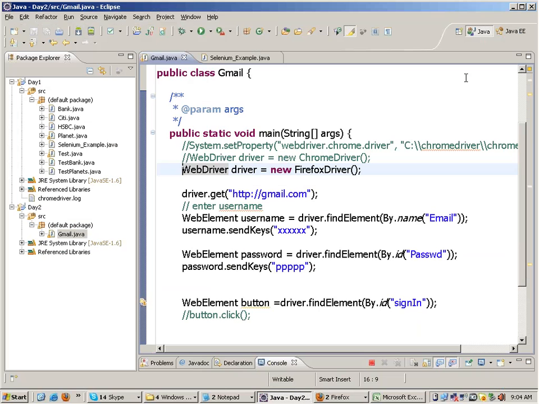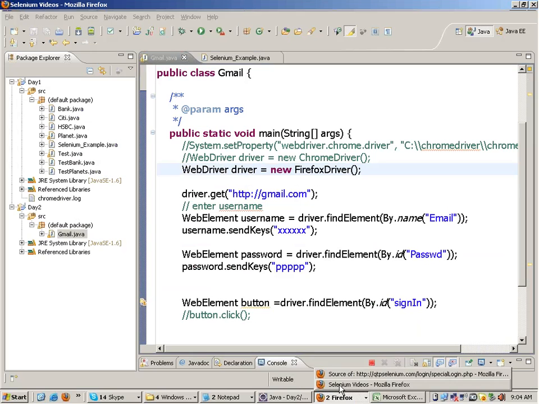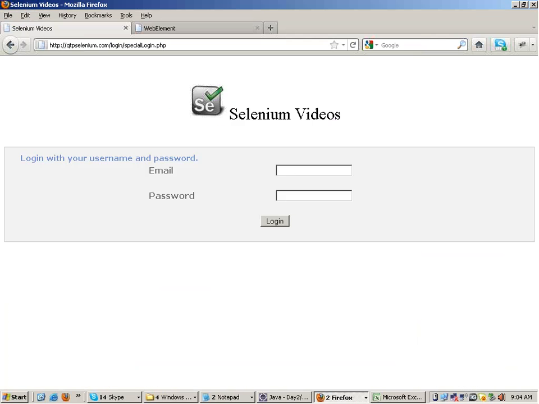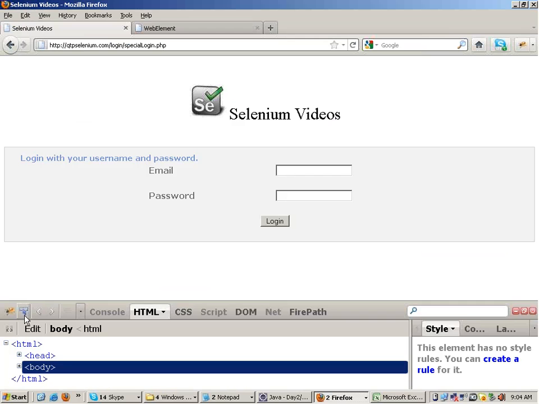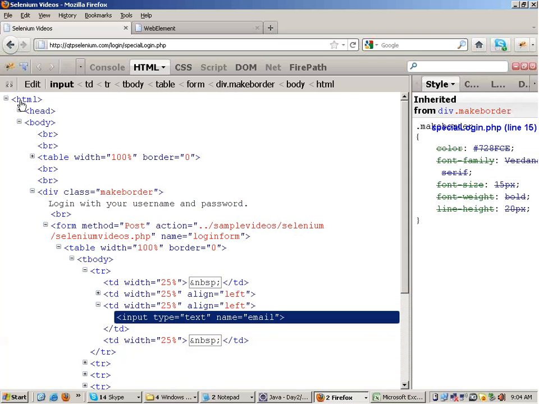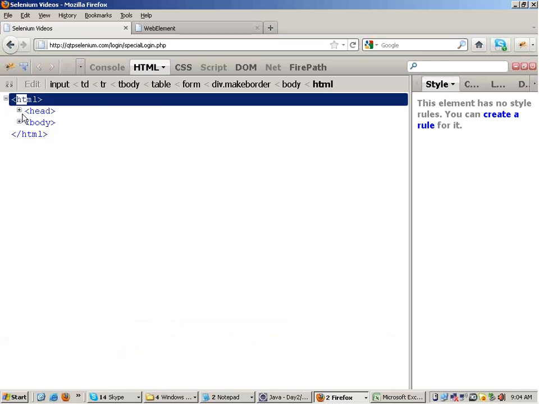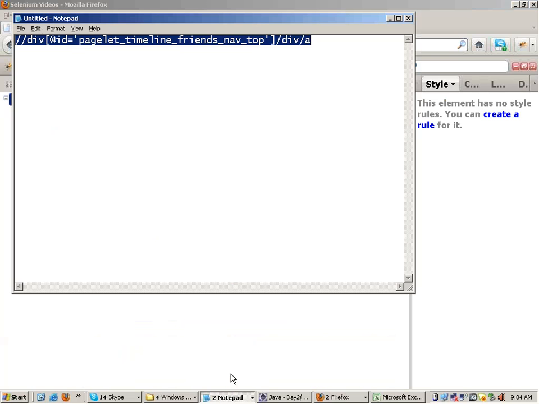Suppose I need to find the something known as XPath for this email field. If I look in Firebug at the email field, this is my email field and this is the HTML document starting from here. The first tag name is HTML, so my XPath will start with the tag name